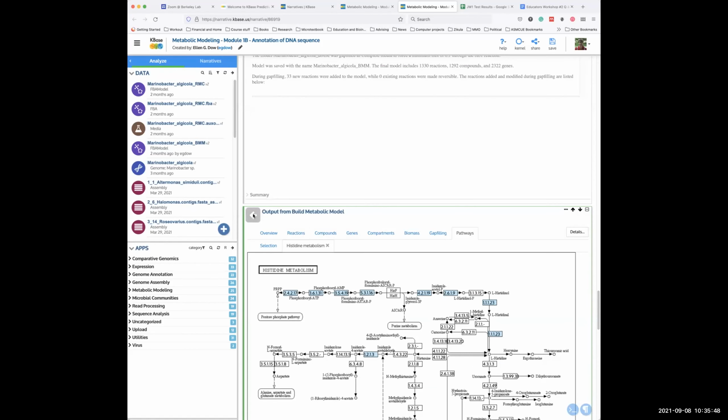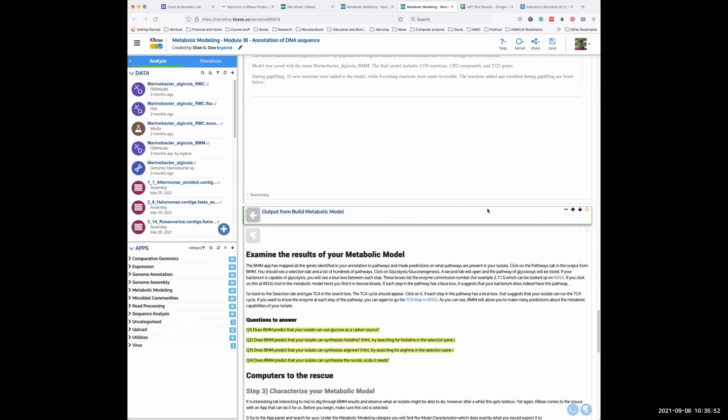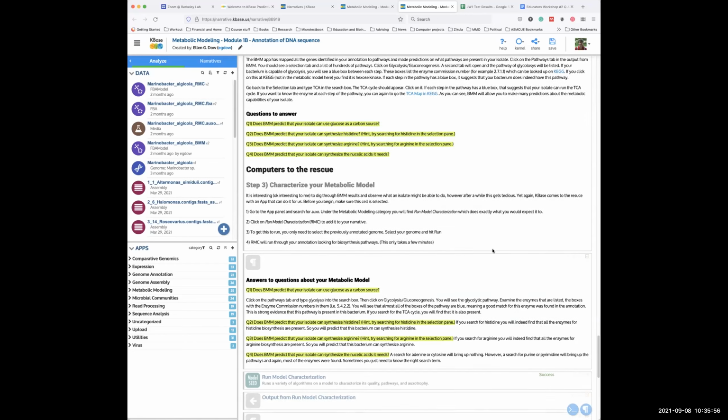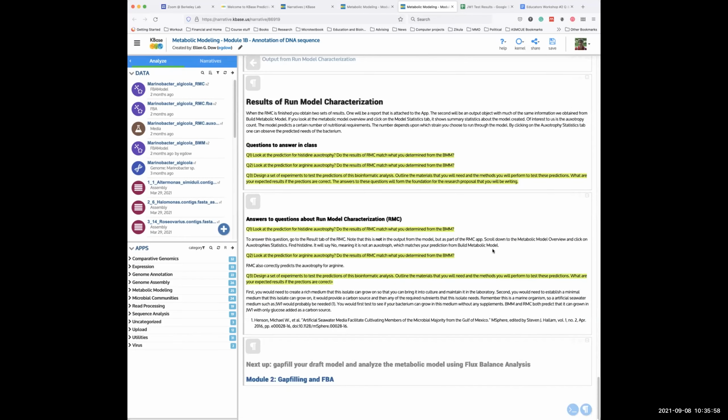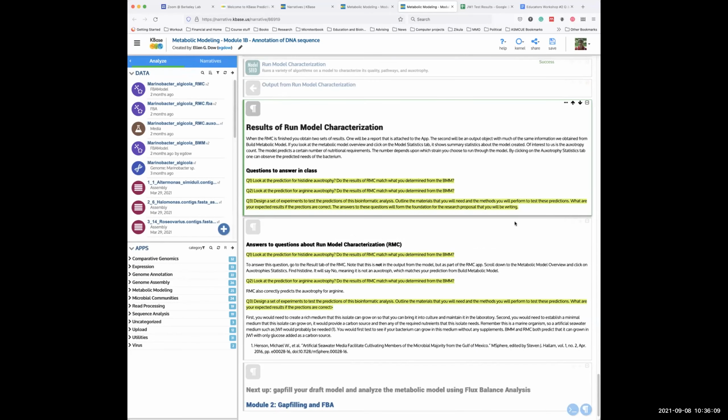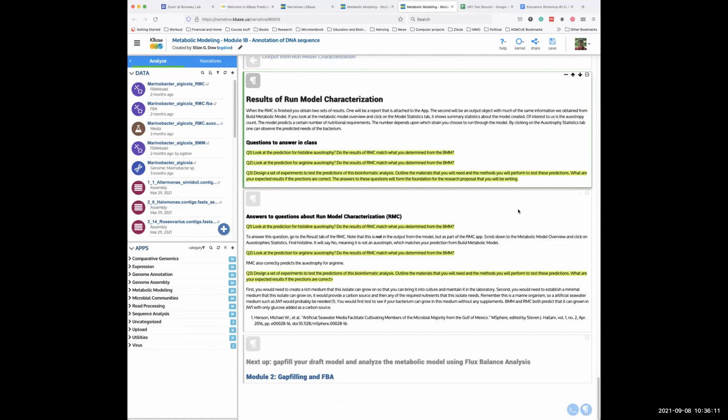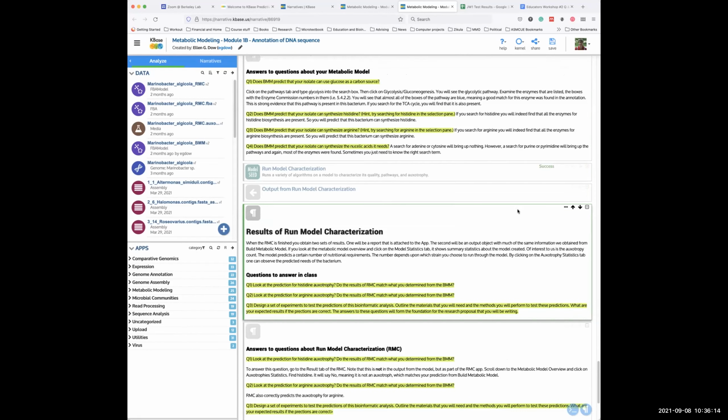And then we say, look, this is really tedious, right? You don't want to go through thousands and thousands of genes and pathways trying to figure out what it can do. So there are computer programs to do that. And one of the programs they have is run model characterization, which will go through and make predictions about what kind of auxotrophies you have, what abilities your organism has. And if you run that and look at the output from it,